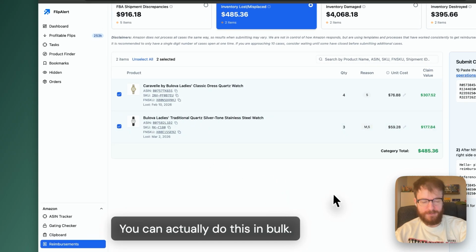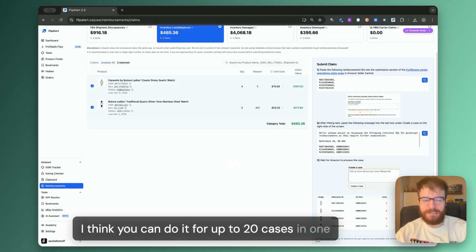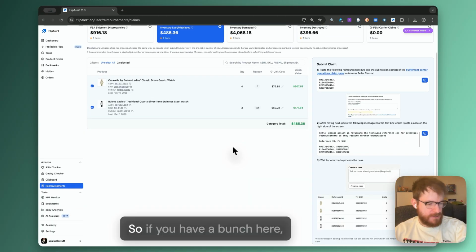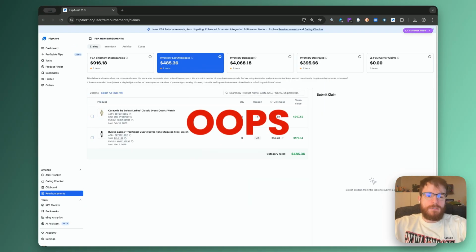You can actually do this in bulk. I think you can do it for up to 20 cases in one submission. So if you have a bunch here,